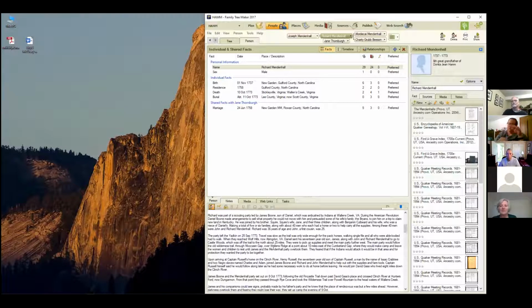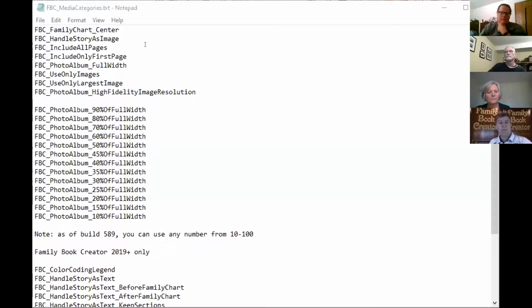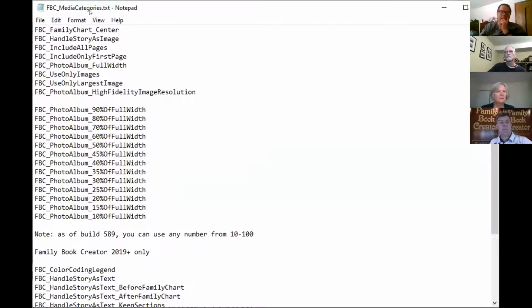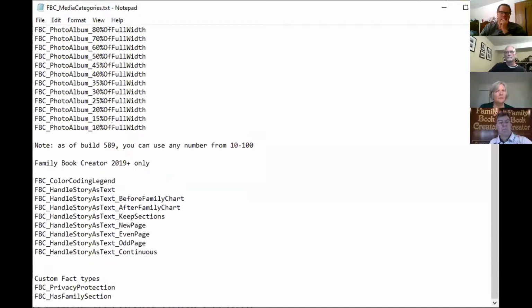Stefan mentioned you can put it in a Word document and have that print, but then there are media categories you can assign. And in the file section, there's this text file called FBC Media Categories.txt. That's in the file section of the FBC group. Yes. And I created this list of all these categories. Yes. And with 2019, you can